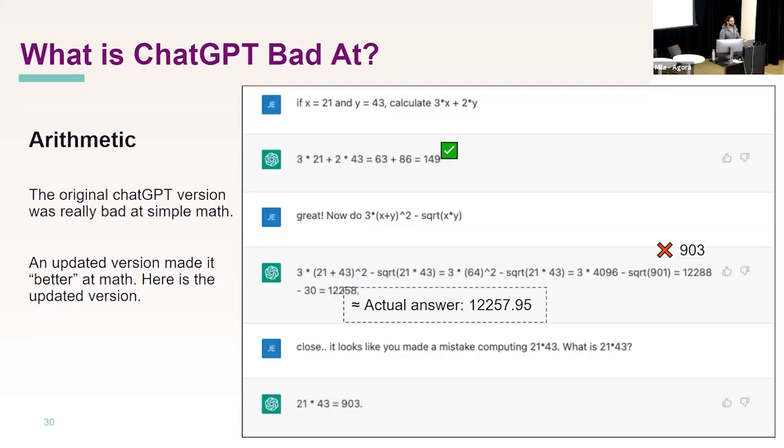But now this is changing. With plugins and stuff like that being announced from OpenAI, you can integrate ChatGPT directly into tools like Wolfram Alpha, for example. So you can have ChatGPT craft the best equation to plug into Wolfram Alpha, and Wolfram Alpha will take care of the calculations for you. This is not meant to be a jab in and of itself. These models were never designed to do these computations, and they're not the best at it, but it's surprising that they're even this good at them.